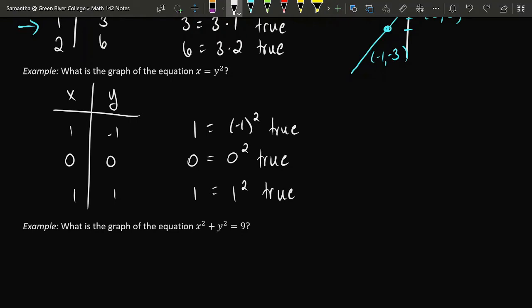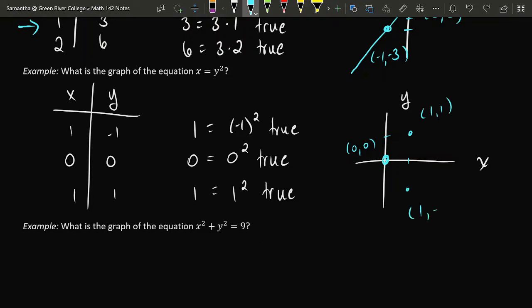So again, we're running out of space and we're running out of patience to manually write down all the x and y pairs that give us a true statement. So to save time and to save space, we represent those solutions visually by plotting the point 0, 0, by plotting the point 1, 1, by plotting the point 1, -1, and connecting the dots. And every location on this graph represents a pair x and y, which makes this equation true.